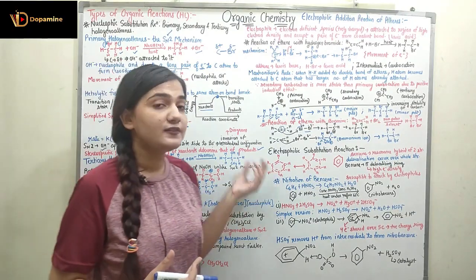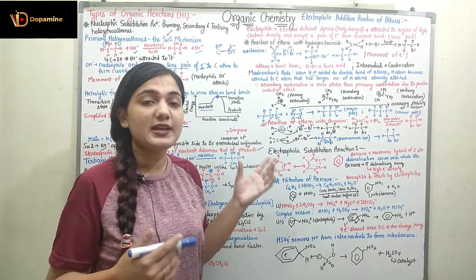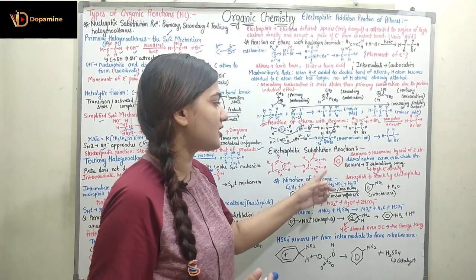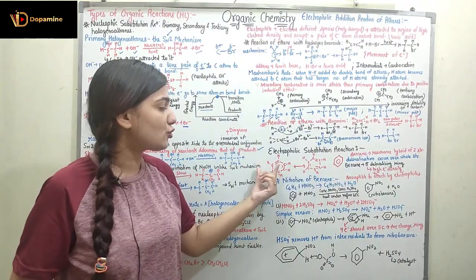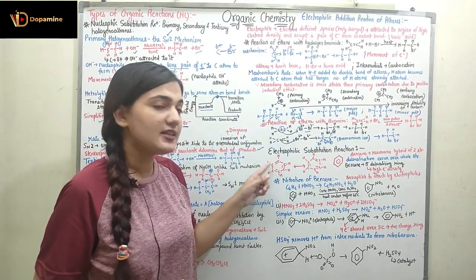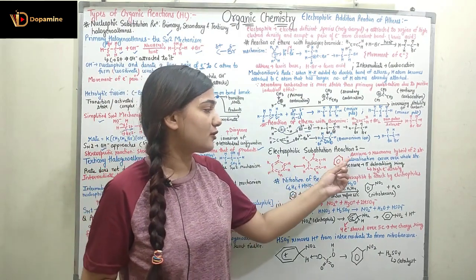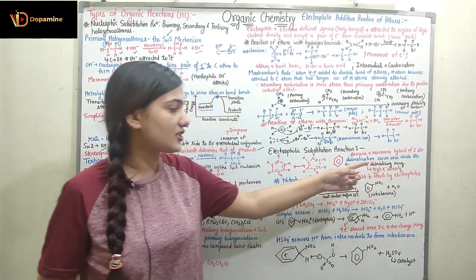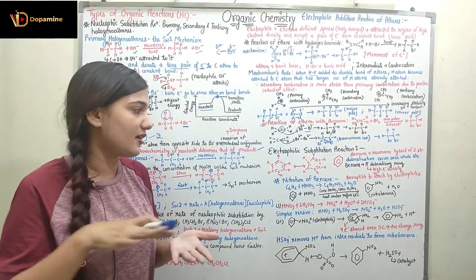Instead, all of the 6 electrons are shared by all of the 6 carbon atoms. So we have 1.5 bonds over here. This is how the benzene structure is represented. Benzene is a resonance hybrid of these 2 structures, which has the 1.5 bond. Instead of double and single bonds, we represent it with the 1.5 bond. So here we have the delocalization occurring over the whole structure, and benzene has a pi delocalized ring over its surface, right?